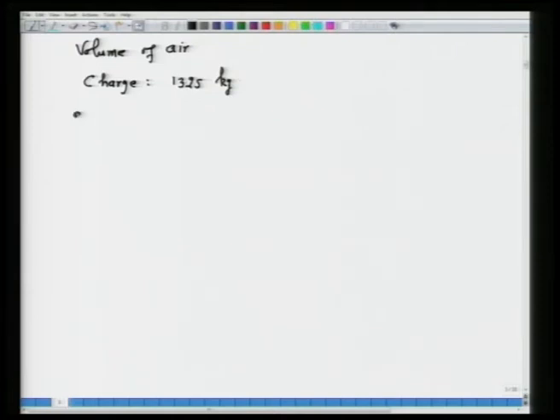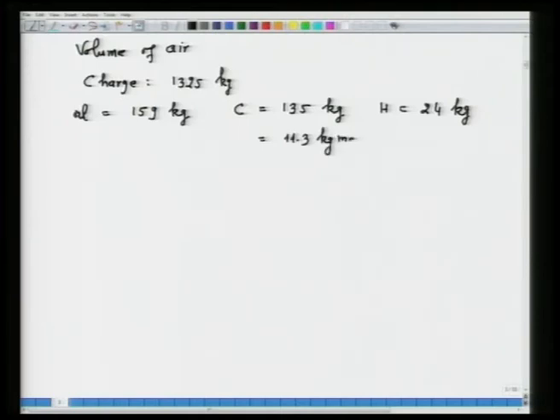So, the amount of oil is equal to 159 kg, and accordingly the carbon is 135 kg, and hydrogen is 24 kg as per the percentages given. So, I am writing here 11.3 kg mole and hydrogen is 12 kg mole. So, once I know this, I can calculate now theoretical O2